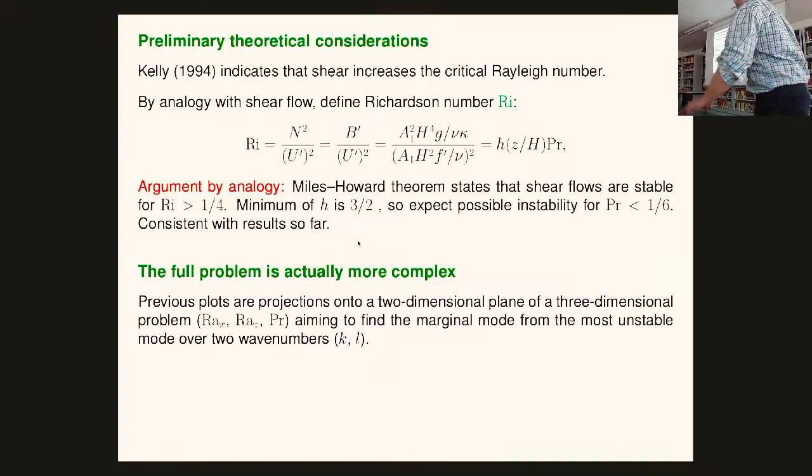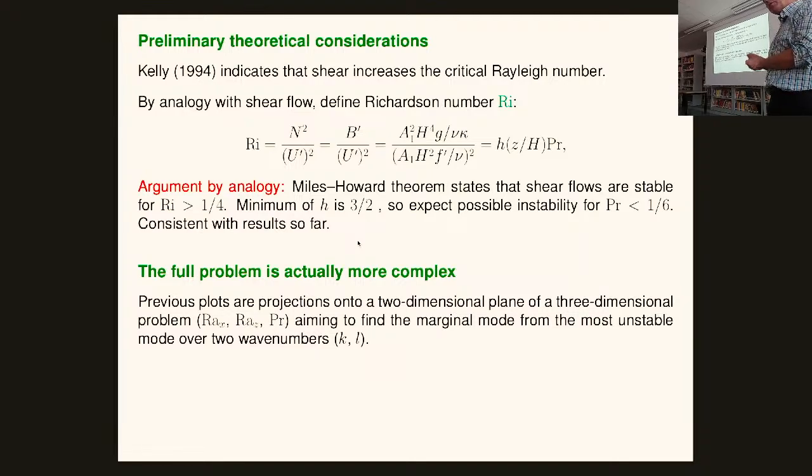And then you could say, well, we could work out a Richardson number, which comes from our nice inviscid ideas about Miles, Howard and Taylor, Goldstein. You work out your Richardson number, you go through some algebra, find it's a polynomial h times the Prandtl number, which isn't obvious when you first do that. And so the Miles-Howard theorem says you're stable for Richardson greater than a quarter. Turns out that h has a minimum of 3 halves. Do the algebra. It suggests that you expect instability less than a 6th, and you feel really good, right? You've got a reason why it's 1/6, and that seems okay.